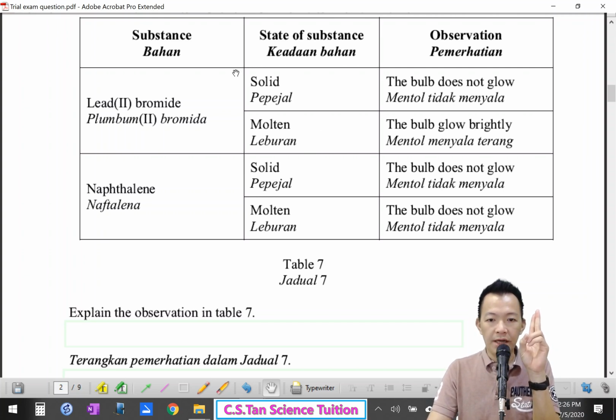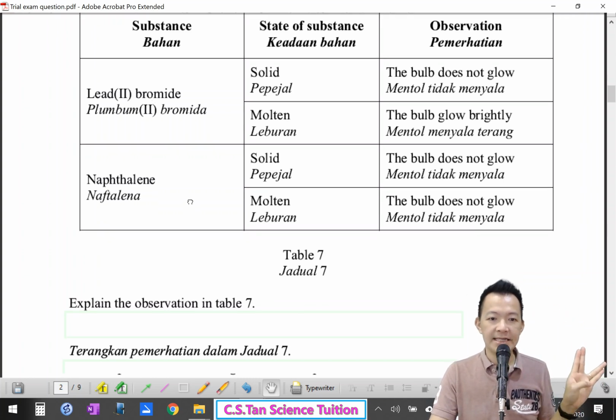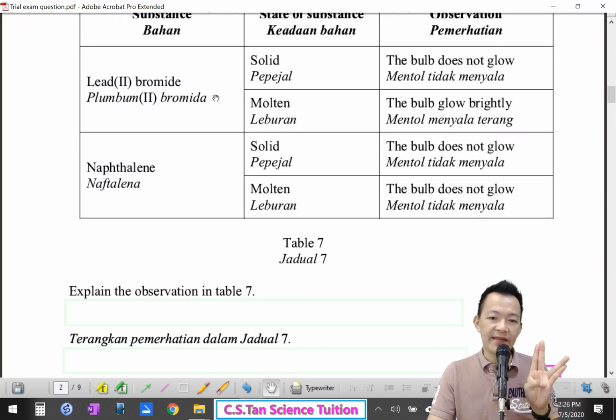Okay, second. Okay, the molten lead bromide can conduct electric. So when the lead bromide is in the molten form, the bulb glow brightly. 灯泡发光。Why? Okay, start. Molten lead bromide conduct electrics. Why? Because it contains free moving ion. 因为它有自由活动的离子。So I get 4 mark. 4分啊。再来。